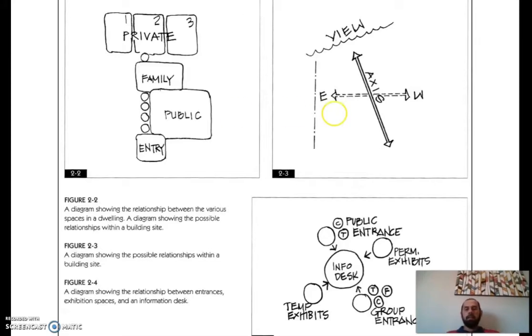Let's talk about this diagram. The diagram showing the relationship between the various spaces in a dwelling, which we have now in our project dwelling. Second, a diagram showing the possible relationships with a building within a building site. هذا التصميم اللي شايفه قدامك او هذا السكتش اللي شايفه قدامك هو عبارة عن bubble diagram